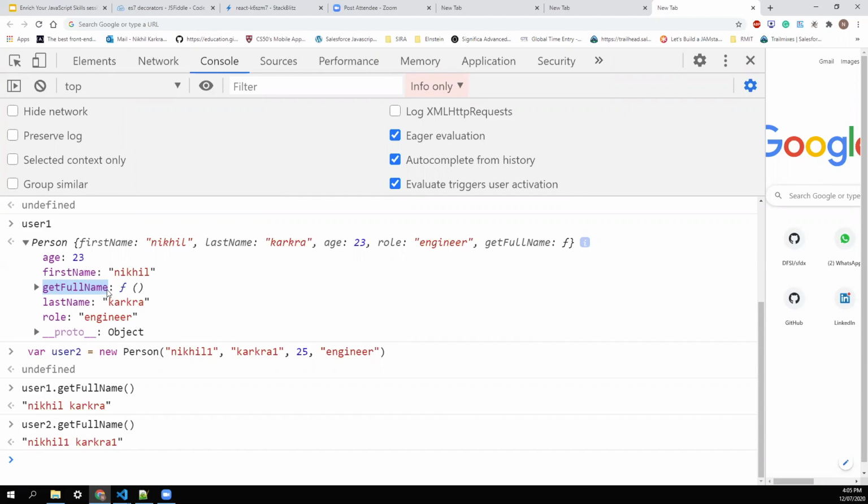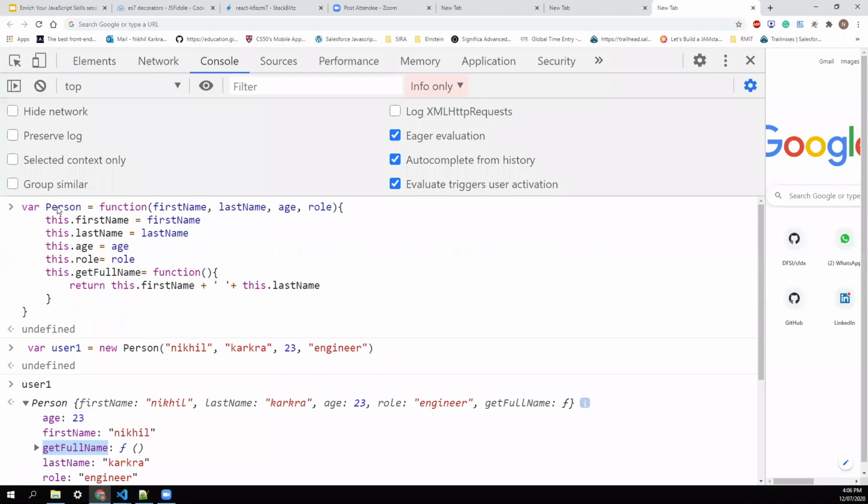To solve that, we need a place where we can attach this method that is easily available to all the instances that get created. To help with that problem, JavaScript comes with the prototype. Each constructor function has a prototype property, as I already said.